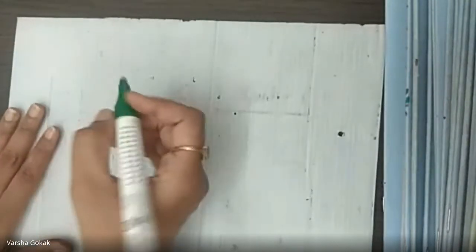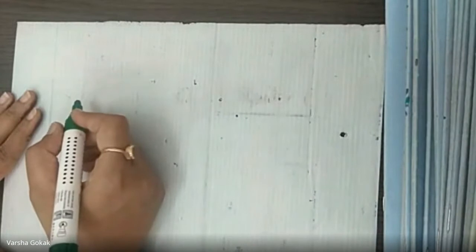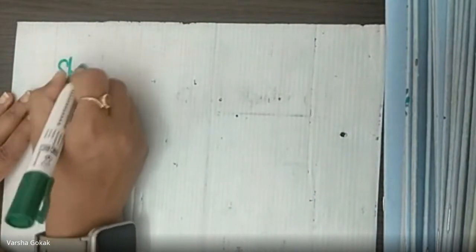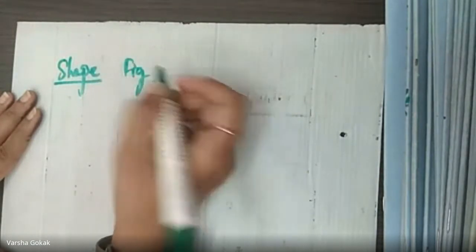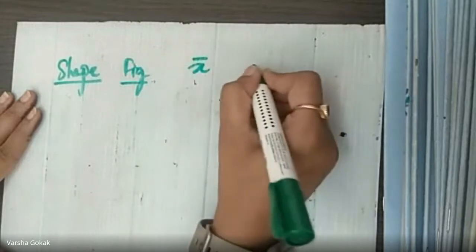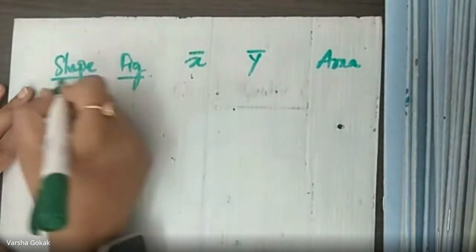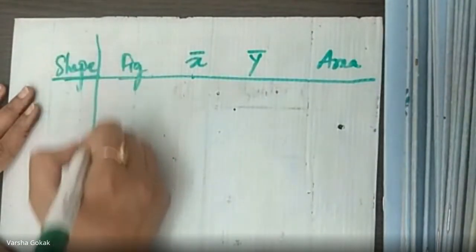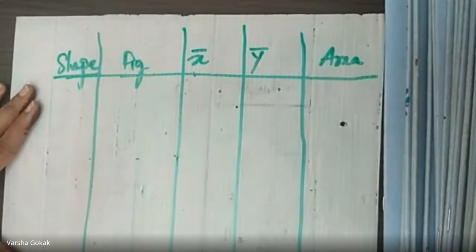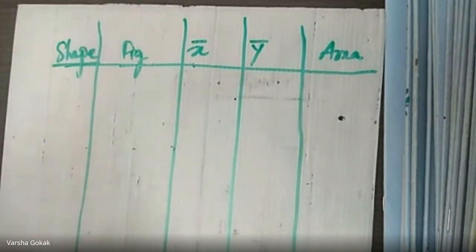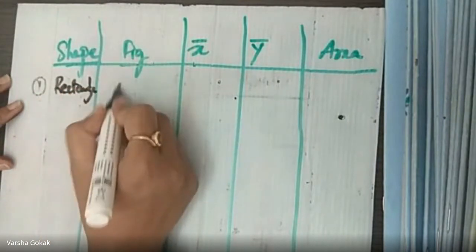We did rectangle. Okay. So I will be just writing those figures and their CG values. Observe, because this is what is required for us for solving the numericals. So first I'll take the shape, then I'll be drawing their figures, whether it's a rectangle or a triangle. Then we will write the values of their x bar and y bar. And lastly, we will write the value of the area. We will make it into a tabular column, something like this. Starting with the first one, we took up a rectangle, right? So a rectangle looked like this.